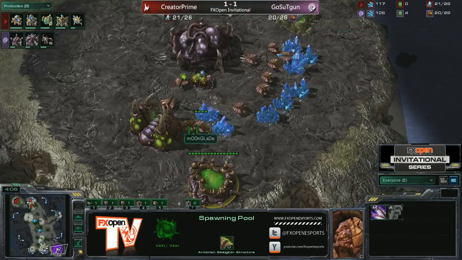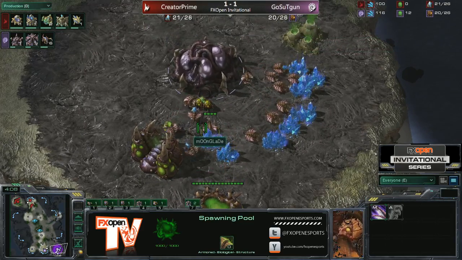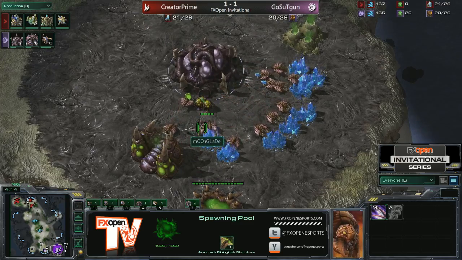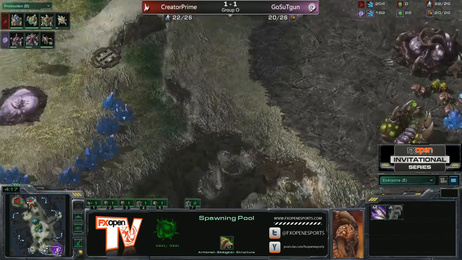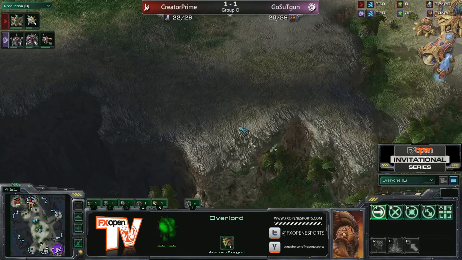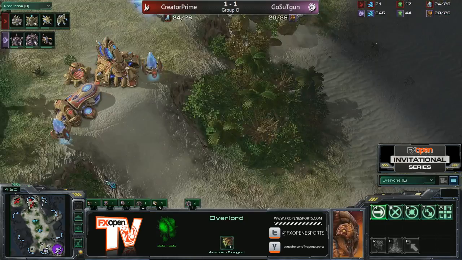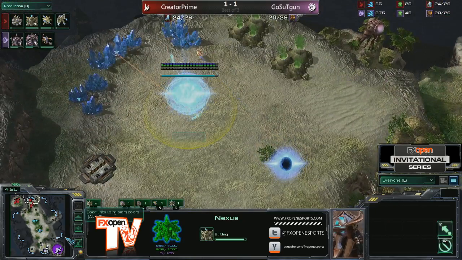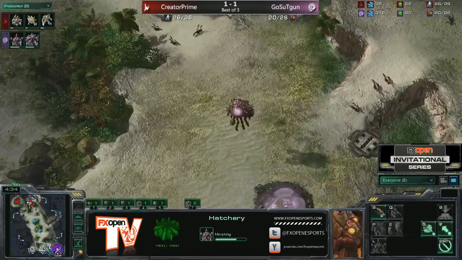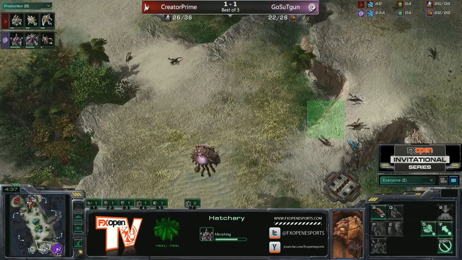I didn't know he still did this build. It's most likely going to be the as-fast-as-possible Nydus network with no Zergling speed, which is what really catches people off guard, because they wouldn't expect you to do this without Zergling speed, so it hits really, really fast, and then you can catch people off guard with it. And especially on this map and the way that people are building, he's got a pretty clear area down here at the bottom of the base where he can make...